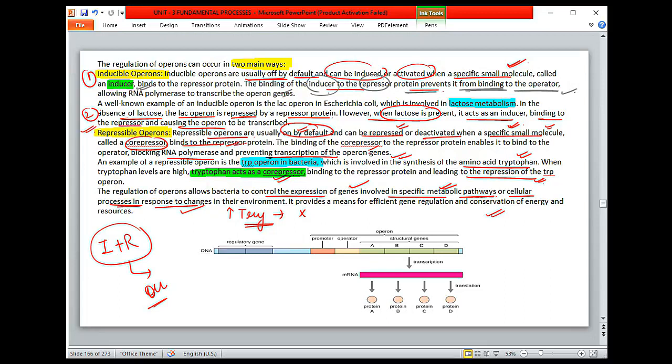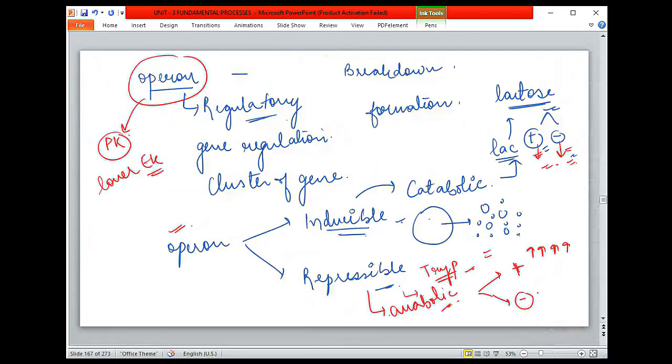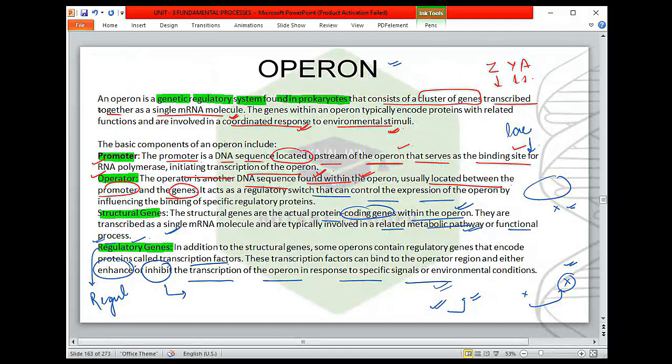So I'm giving you 2 minutes for reading the things, check it, and then we'll start with our very first operon. This was about the basics of what an operon is all about, and I'm expecting this much is clear to all. Take your time, read all this, and then we'll start with the main lac operon understanding.